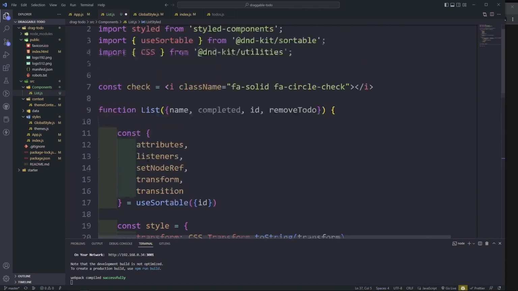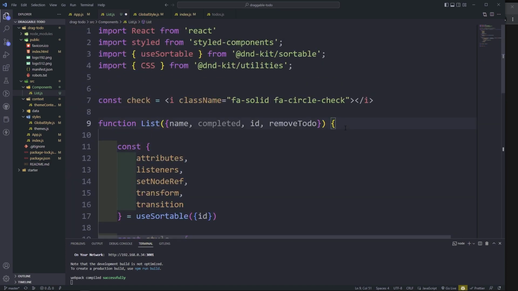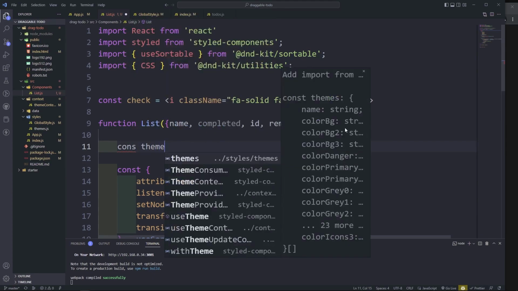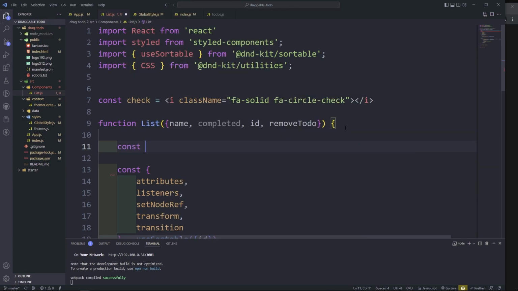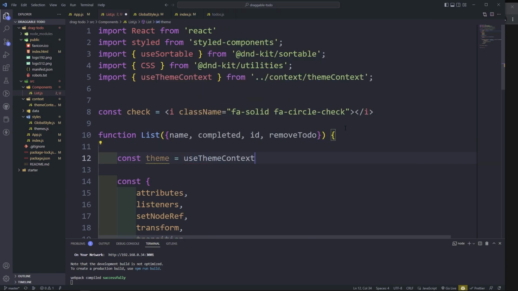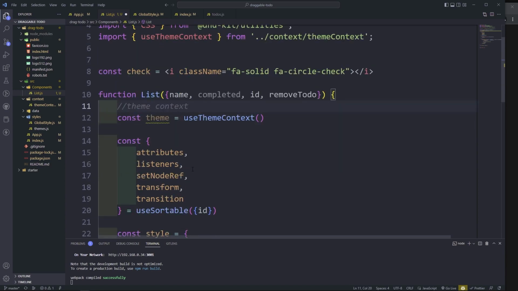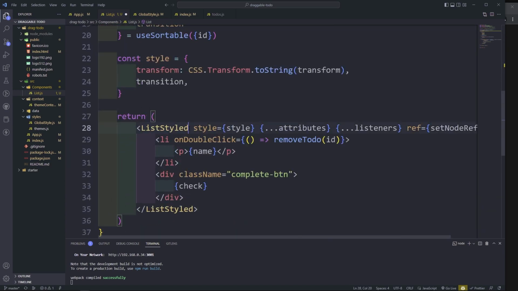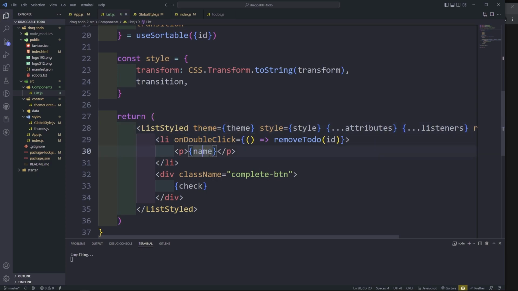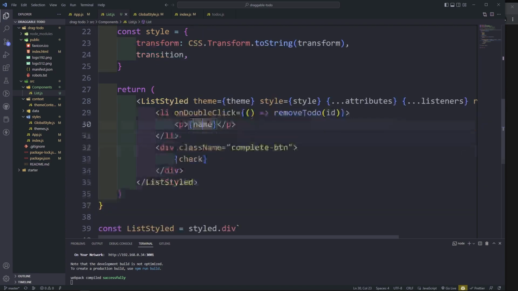Here we also need to import the theme. Make sure it's inside the function: const theme, we're creating a new variable, and then we're going to say useContext with the theme context. Make sure you import the theme context, then scroll down and pass it as a prop. We're creating a new prop for the theme, so we can access the variables in our